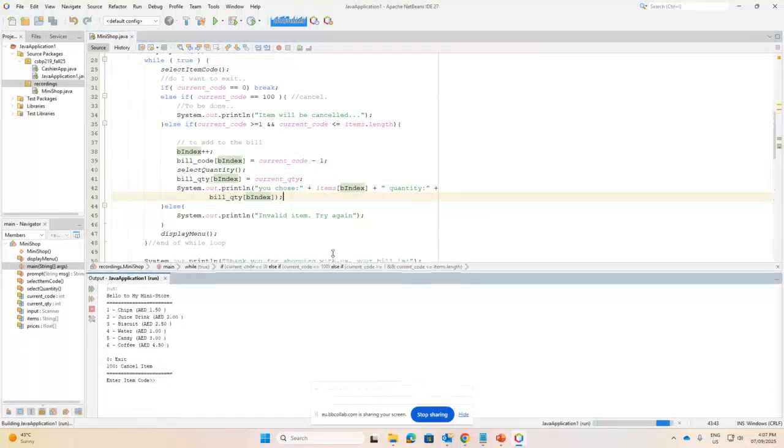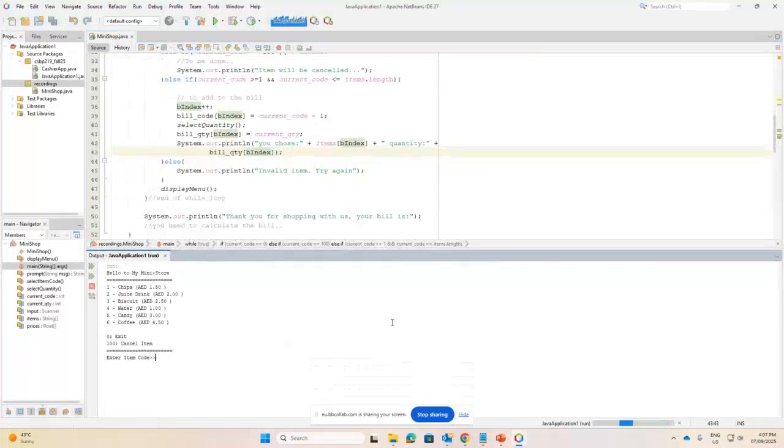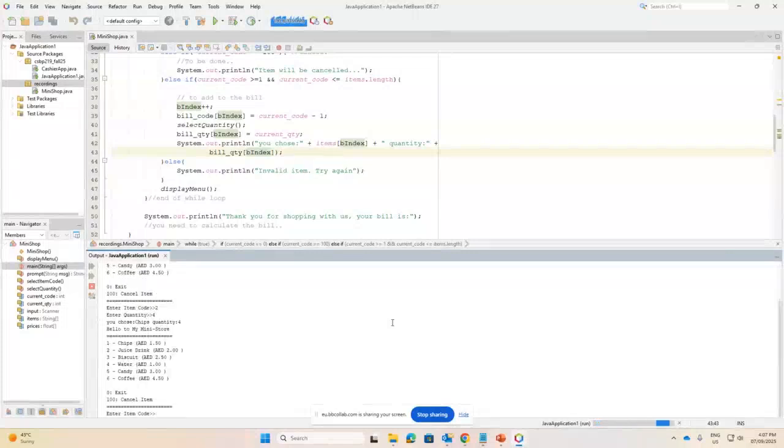Okay. So let's say I want juice, 2. Now it is asking me to enter the quantity. Let's say I want 4 of the quantity. So it says you choose chips quantity 4. You see that? Let's say I choose 12, and it will tell me what? Invalid item. Try again. Let's say I choose 5, and it will tell me enter the quantity. 5 is candy, so I want 3 candies, and it will say you choose